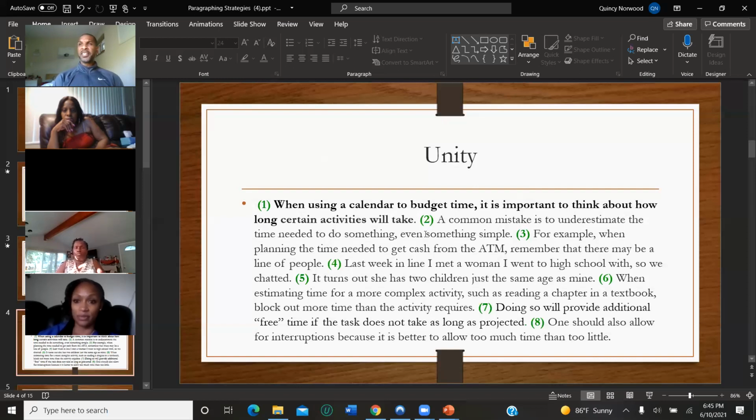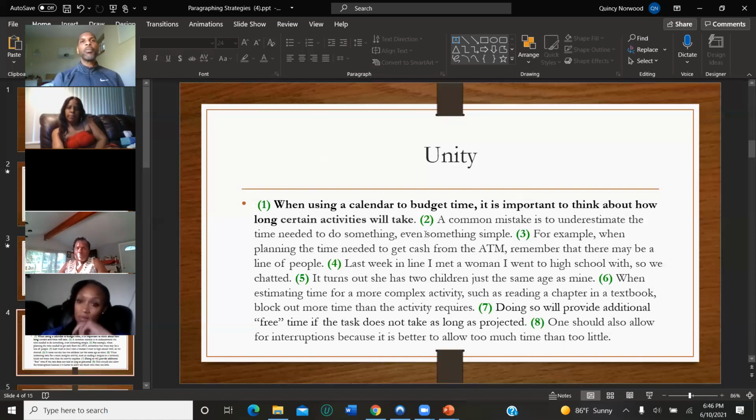And then you see how number 6 kind of gets back on track. And this is what I was saying to you, Dre. If you have sentences like 4 and 5, and then you go back into the regular flow of your paragraph, your reader's kind of distracted now. They aren't as focused as they were in the beginning.